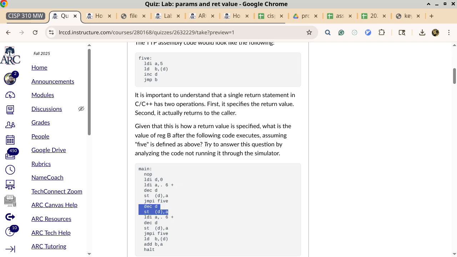It pushes A on the stack. It pushes the return value of the first call of 5 on the stack. So that means that thing is on the stack now. Nobody can touch it. And then we place a second call. So from here all the way to here, that's my second call to F, which means by the time we get here,